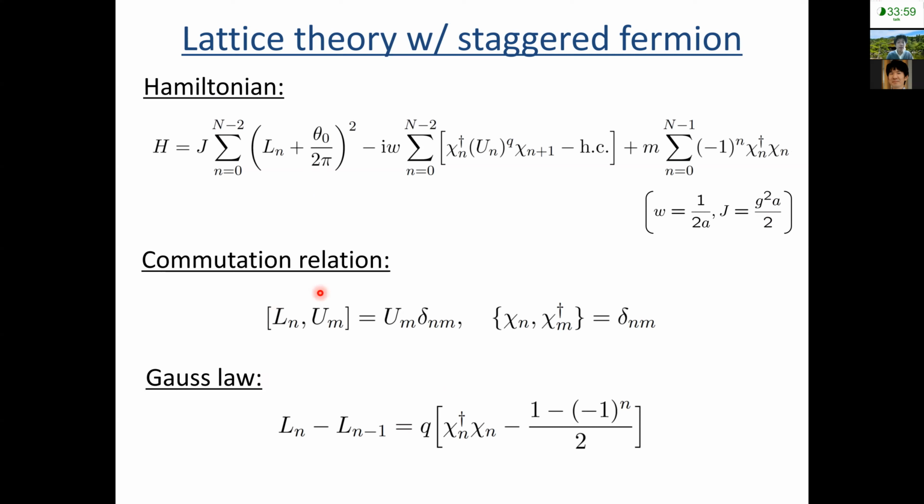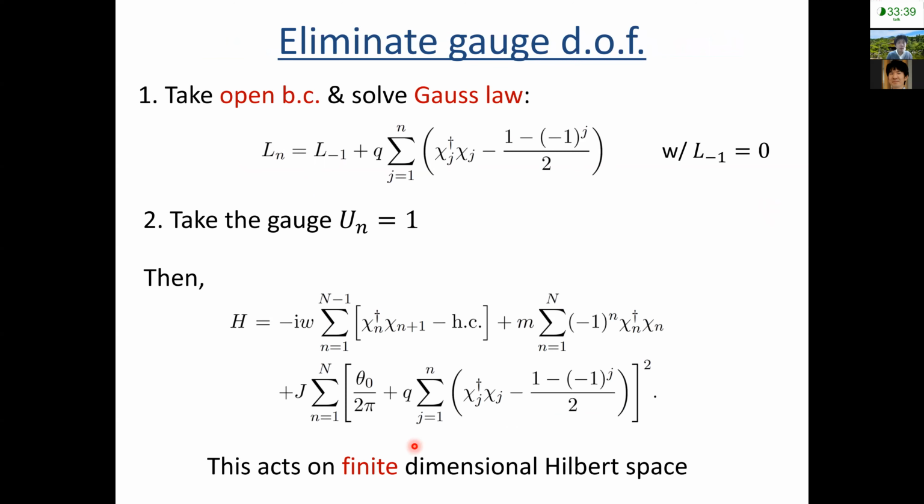And we have a commutation relation. And this is the lattice version of Gauss law. So the right-hand side is basically the charge of the fermion. And